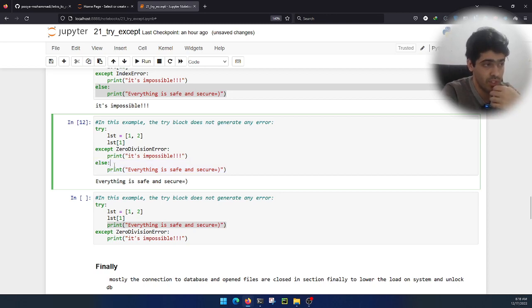I don't see this type of structure, try except else, a lot. I don't remember the last time I saw it in a third-party library or whatsoever, but still this is a functionality. Maybe you want to log something, that you know what, this try block went well, there were no errors, and you can trust this try block. As I told you, this is not the case